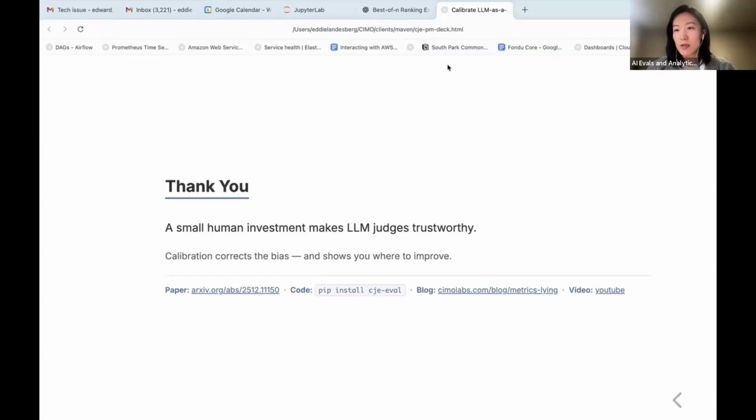There's one question from Harsha asking if this work, the CJE work, can be applied to multimodal evaluations. Yeah, it's very general in that way. It can be applied to multi-turn. It can be applied to multimodal. Basically, you need to be using a judge model that can effectively take the different inputs. So to some extent, it's dependent on your setup. But CJE is agnostic. It takes scores from a cheap thing and scores from an expensive thing, and how you obtain those scores is left to the user to decide.